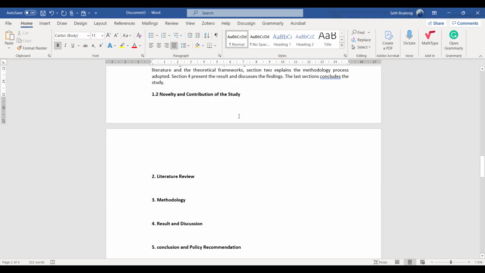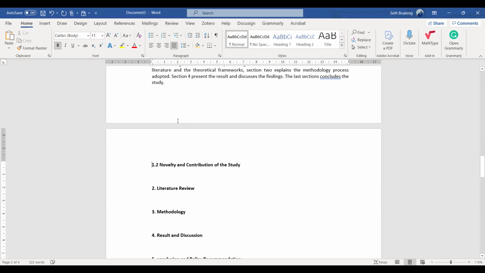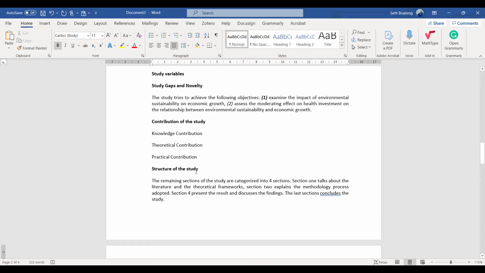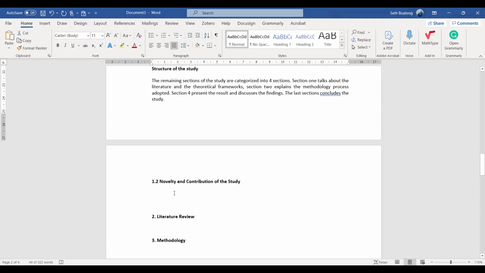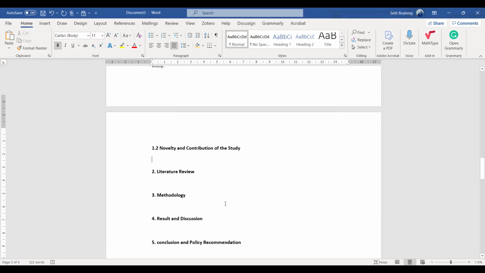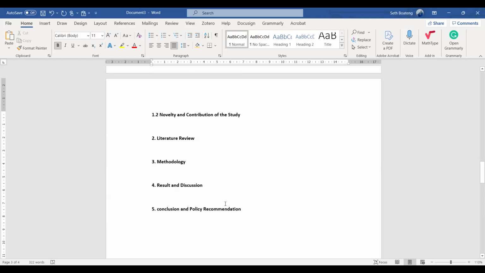That's what will determine whether your work should be accepted or not. So they will bring this one stand-alone, and explain all the novelty in the work and the contribution of the study so that it will not be here. So you can do that one too. It's accepted. Like I said, it's dynamic. This is a standard procedure, but it's not a compulsory procedure.